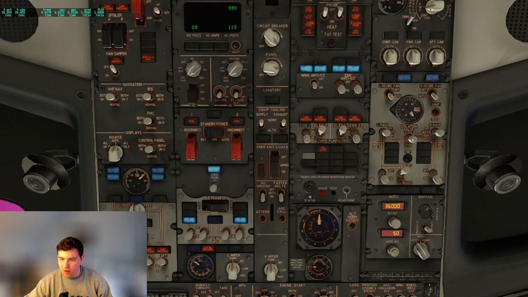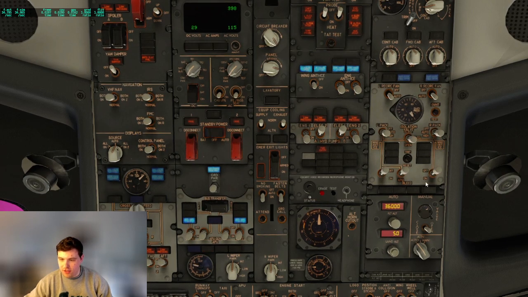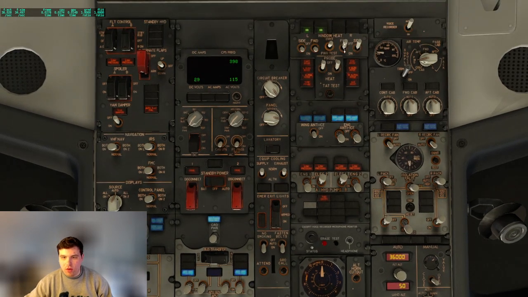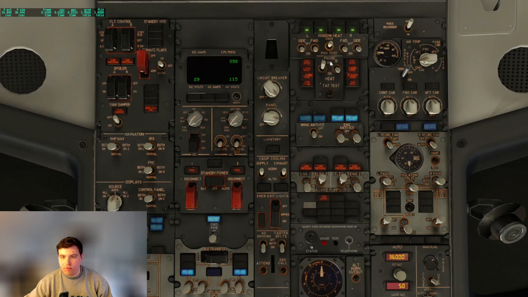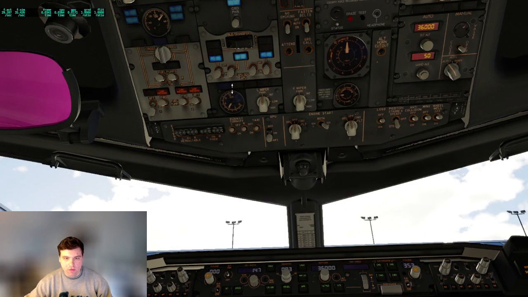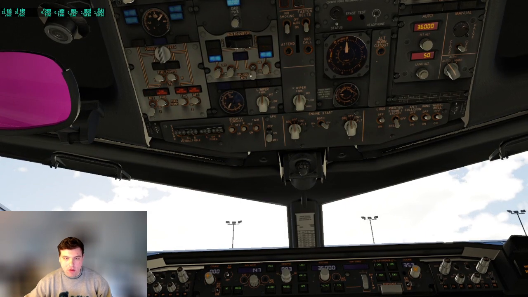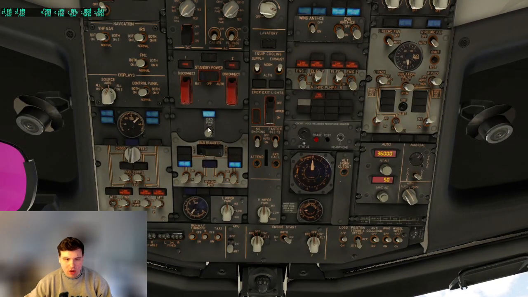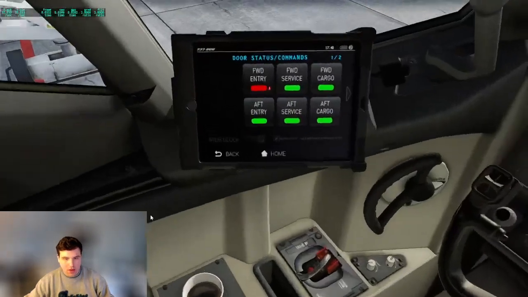Packs are going to go to auto, isolation valve auto, engine bleeds can go off, APU bleed can go on. Got bleed air in the cabin. Window heats can go on, just because we're pretty much ready to go. Probe heat. One fuel pump just to supply fuel to the APU. APU is available, so we'll hit both generators on there. Disconnect ground power, and